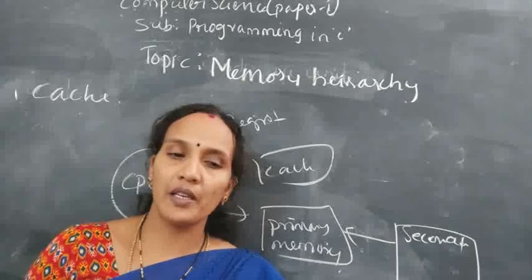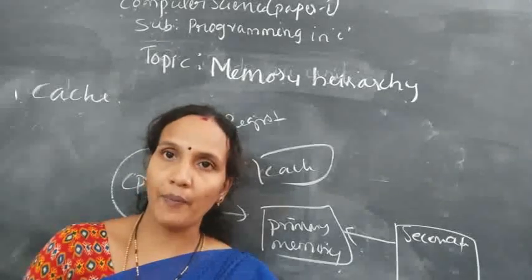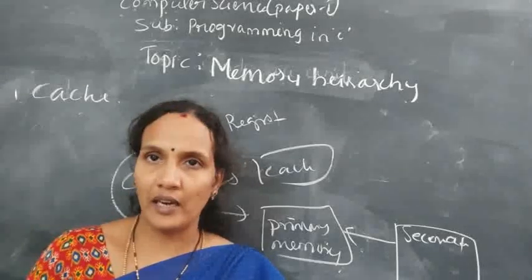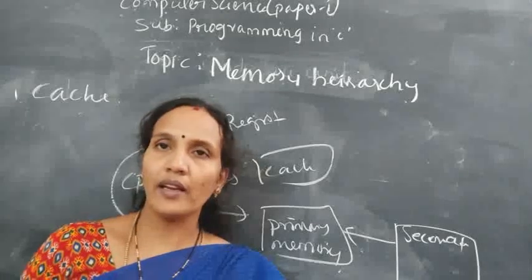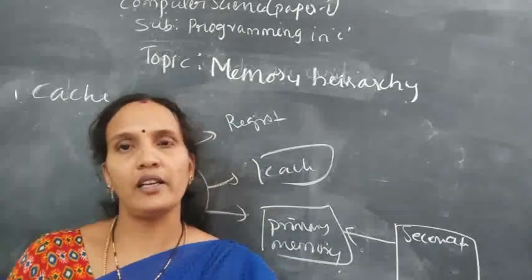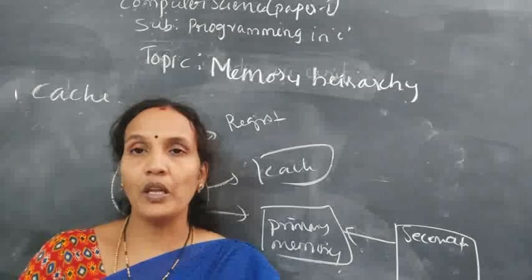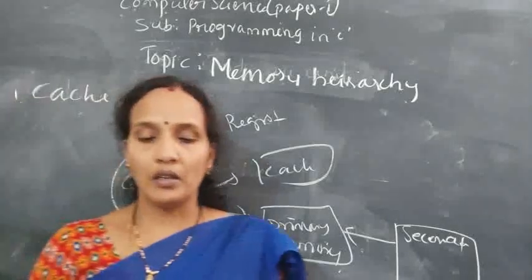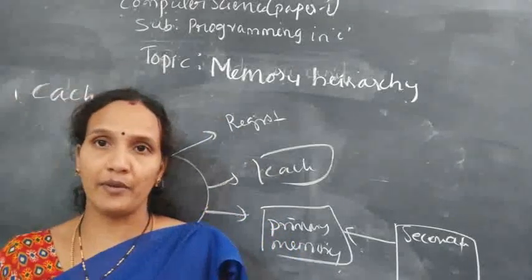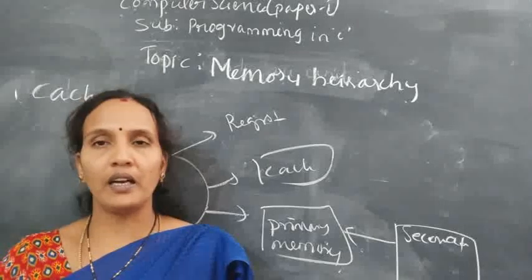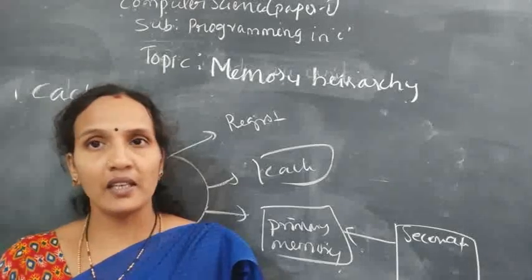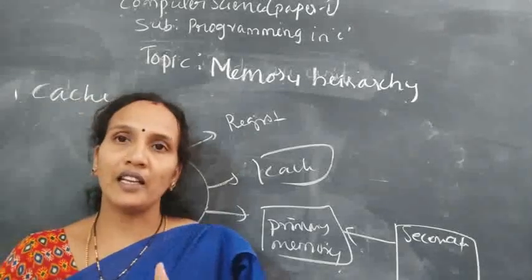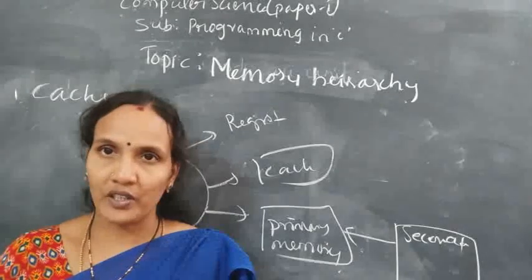And again, this primary memory is divided into two categories: RAM and ROM. In RAM, random access memory means you can access the file randomly. Again, RAM is divided into static and dynamic. Clear? Now come to the ROM, read-only memory. Read-only memory is also primary memory, but whatever content is there in the RAM can be erased and modified. But whatever content is there in the ROM is not modified by the user. Whatever content is there in the ROM, that information is given by the manufacturer of that product.